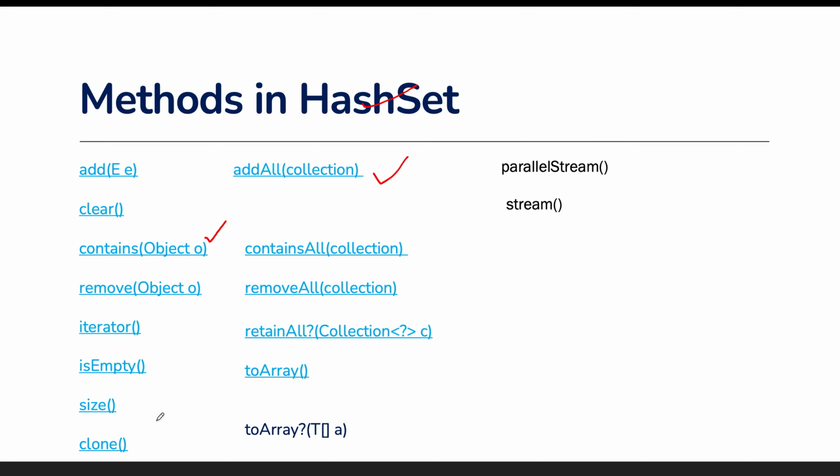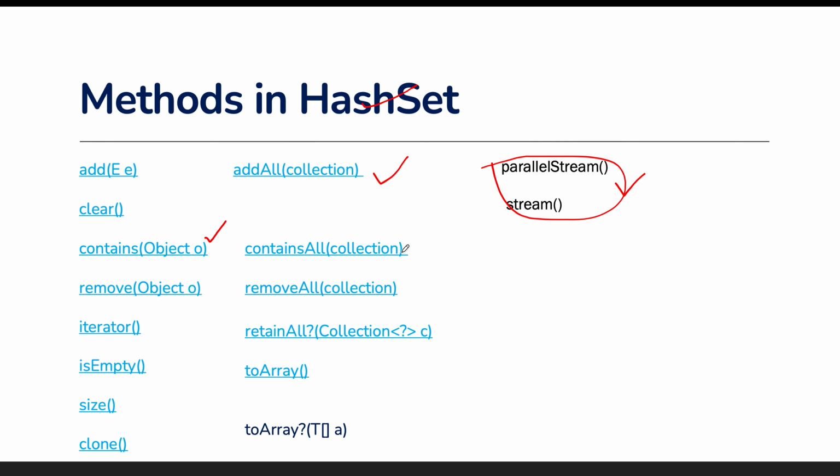So I would recommend you to just pause the video and go through all the methods. We are going to see the example also. Just to remember, these are the methods that are available as part of Java 8, so we will be revising these methods again as part of the Java 8 concept. Other than that, these are a couple of the methods available inside the hash set, and we will be seeing them with the help of an example also.